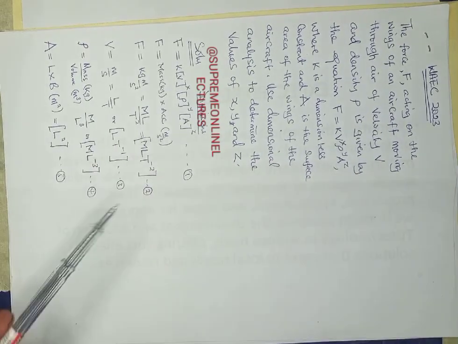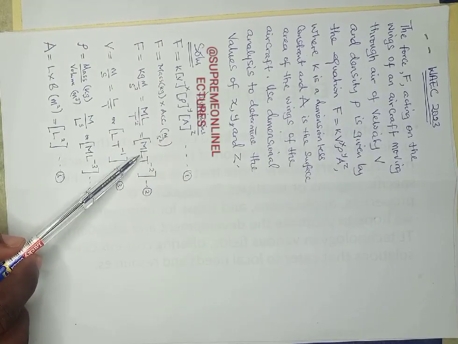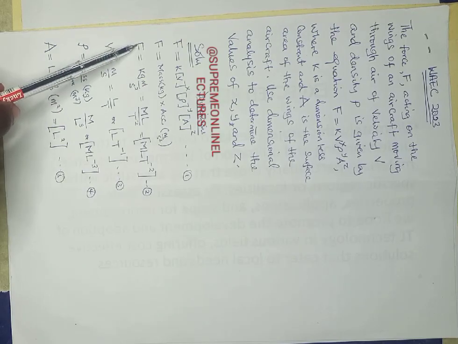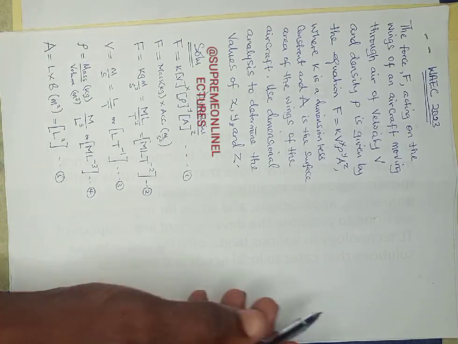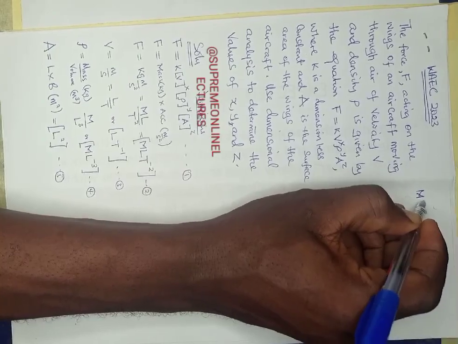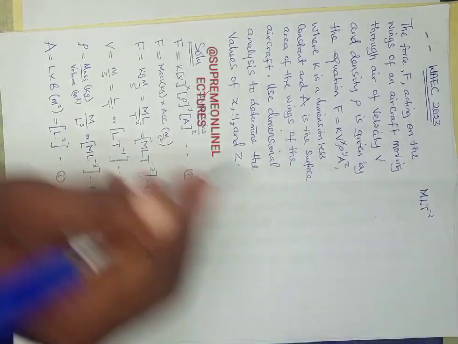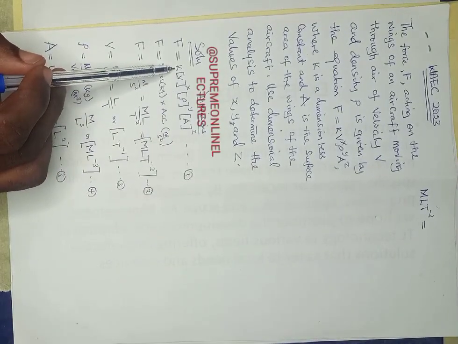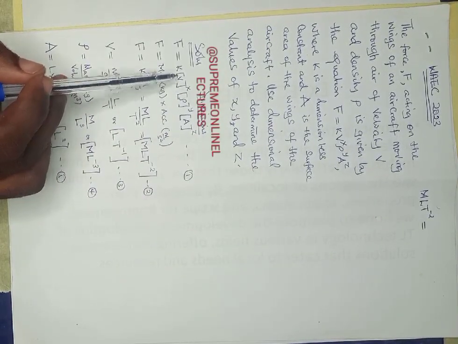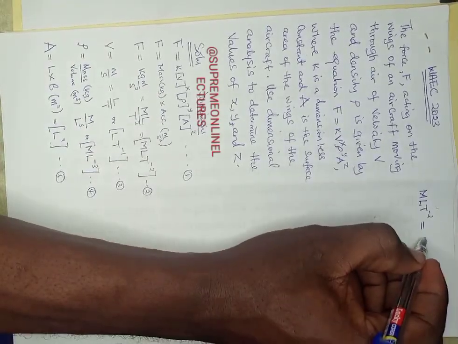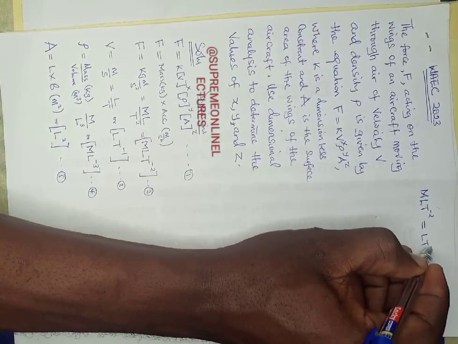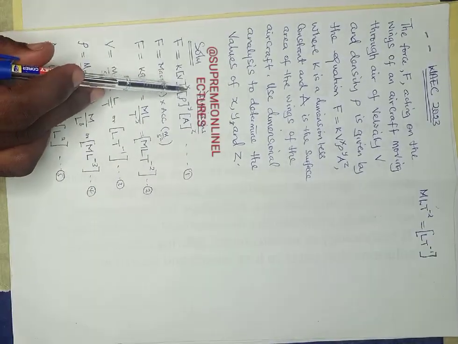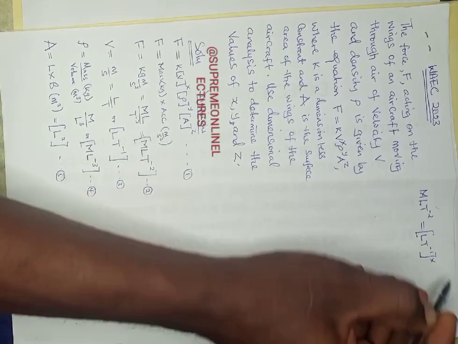In place of F, I'm going to replace M L T to the power minus 2, because this explains the meaning of F. This equals, as I said, k is dimensionless so I ignore it; in place of v, I substitute L T to the power minus 1, raised to x,